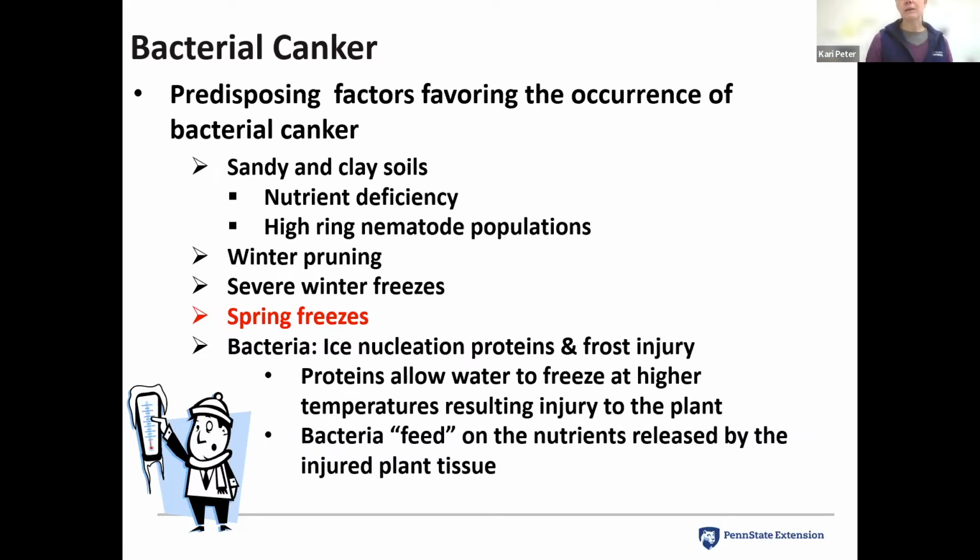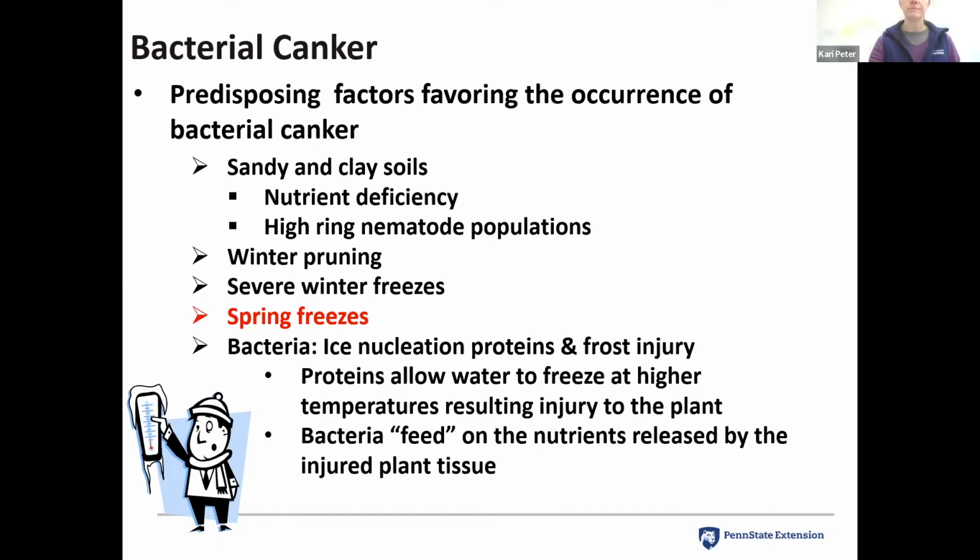So plant cells can be super cold, they can withstand like 28 degrees without any problems. But if these pathogens are there and this bacteria is there with this protein, they can freeze at 31, 32 degrees. And when that happens, you get a busting of the plant cells. The bacteria will feed on all those nutrients that are oozing out, and then you see evidence of the disease, whether it is dead blossoms or oozing from the tree, cankers and such. So that is all basically the result of the bacteria taking advantage of the damage that it had